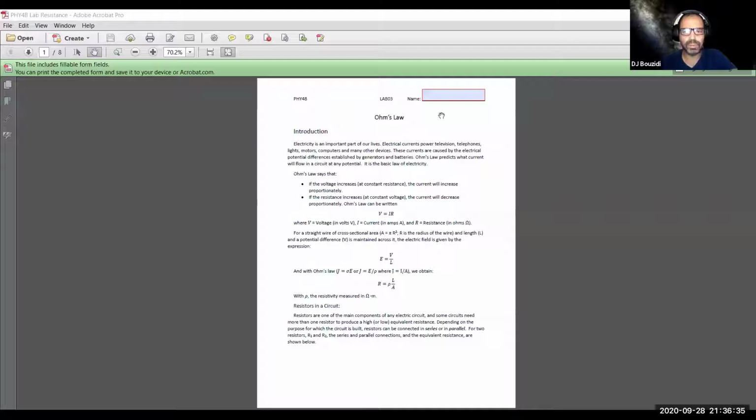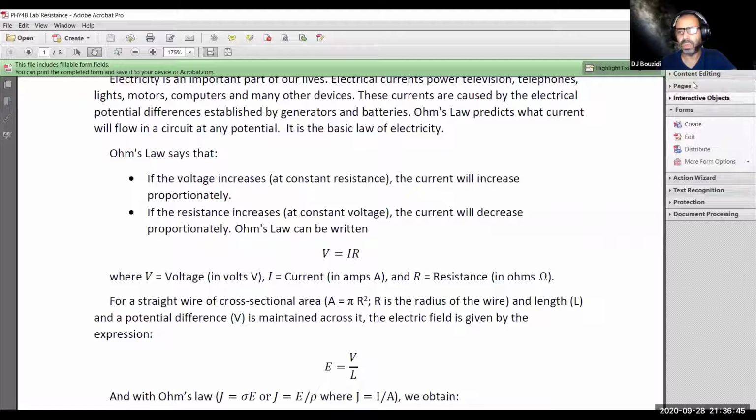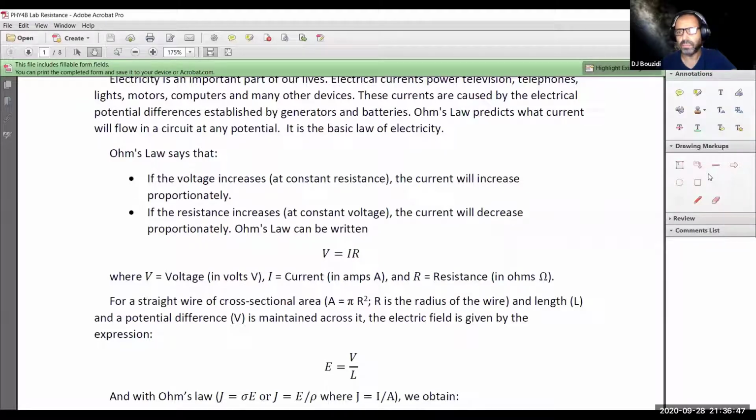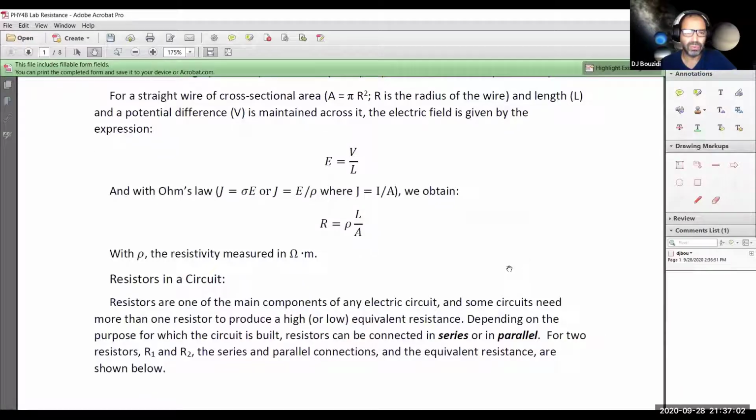So this is Lab 3, as I said before, it's Ohm's Law, and Ohm's Law is really written in this format, okay? This is what we mean by Ohm's Law. This is the one, okay? V equals R i, or IR, where V is in volts, the current is in amps, and the resistance is in ohms. Again, we went through the derivation a few minutes ago